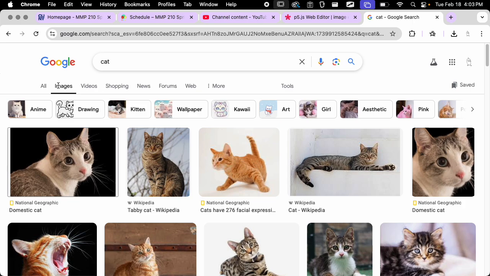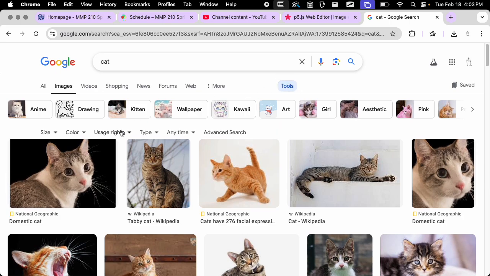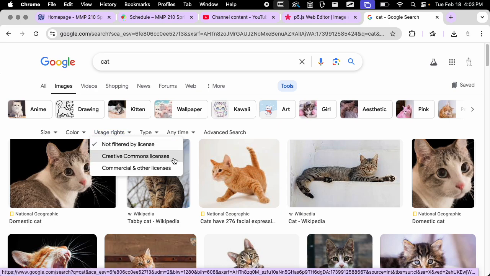So when you're using images for projects, you should make sure that you have the rights to use the image. You should not just grab the first image that you see. What you can do, the easy way to make sure that you're using an image that has a license is to go to the tools over on Google Image Search. There's also a lot of other websites where you can go that have images available under different licenses. But if we go to Google Image Search and go to Tools and go to Usage Rights, we can go to Creative Commons Licenses. And so this will filter the image results for images that have some type of Creative